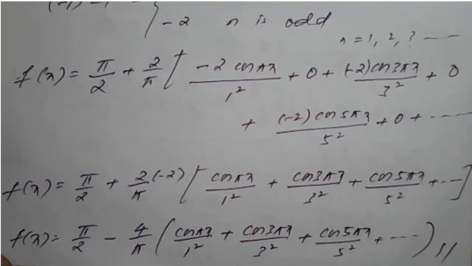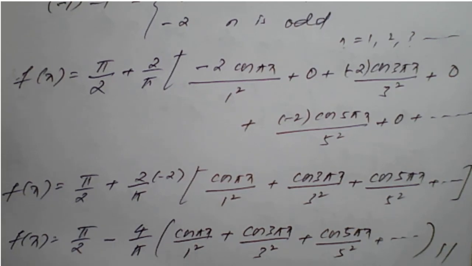But if you replace the value of x, you will get a particular value here. If you replace x with 0, you will find one of the solutions, purely in a series result in the form of numbers. So if you replace x = 0, you will get one result. If you replace x = π, you will get another series. So right now we don't have this requirement. So as per the requirement, this is our deduction part.